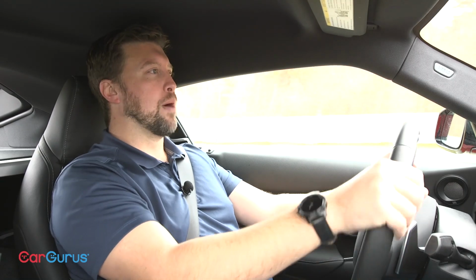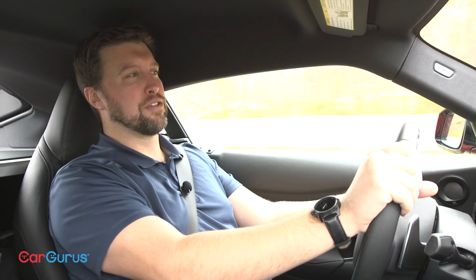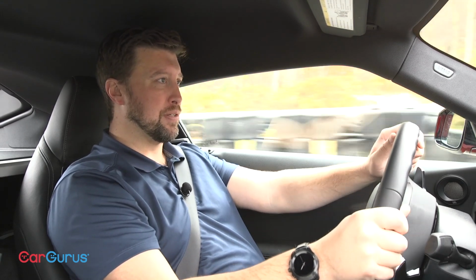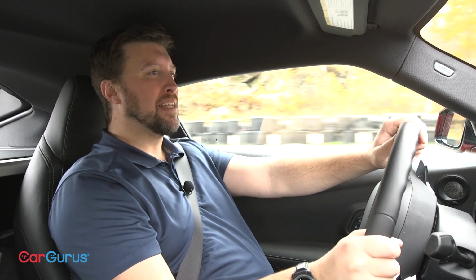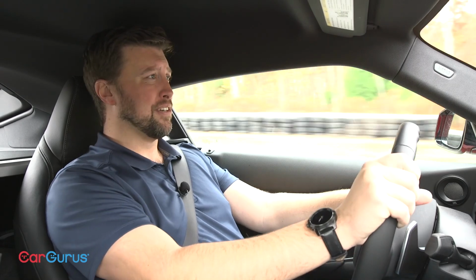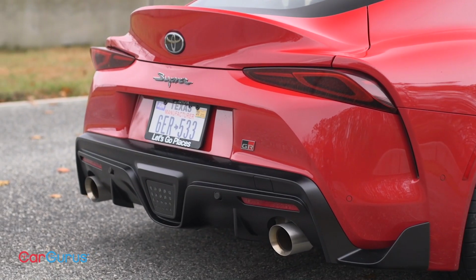The Supra comes well equipped on the safety front, including forward collision warning, lane departure warning, pedestrian detection, and rain-sensing wipers. That's pretty good for a sports car, especially when you consider the Supra's base MSRP of $49,990. That's kind of a steal. A premium trim Supra starts at